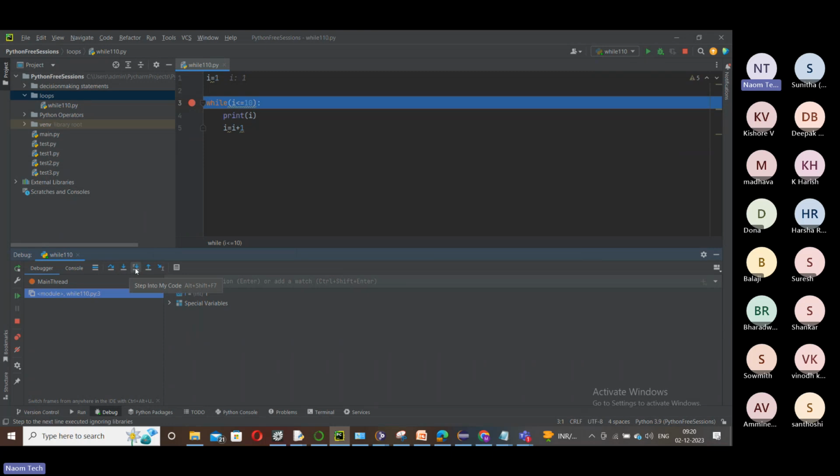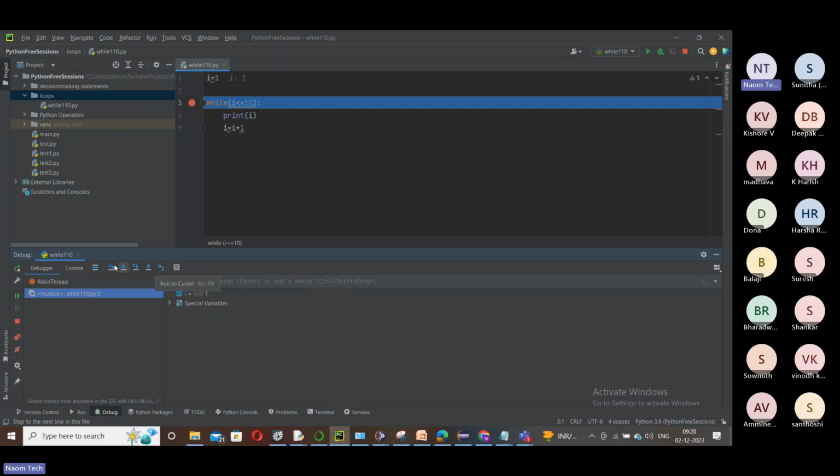Step into my code means to execute line by line. Step out means to get out of something, and return to the cursor means again getting out of a method. You can play with them once you have methods or classes in place.